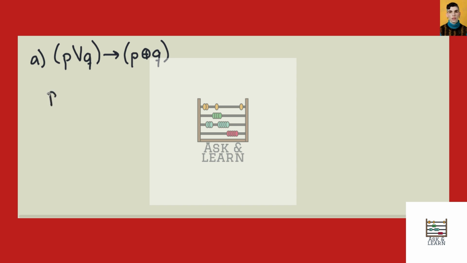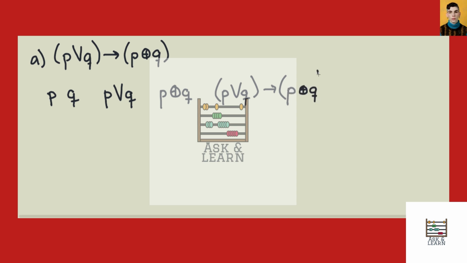So first, we're going to do each individual proposition, then each individual compound proposition. So P inclusive or Q, P exclusive or Q, and then the compound proposition total that we're doing. So with the conditional statement, P inclusive or Q, conditional statement, P exclusive or Q. So this will be the truth table. So now we just separate